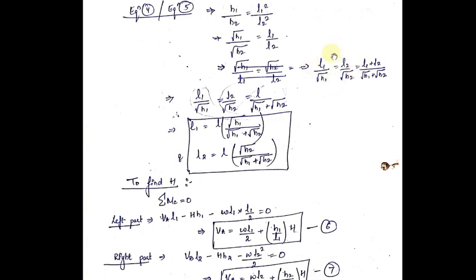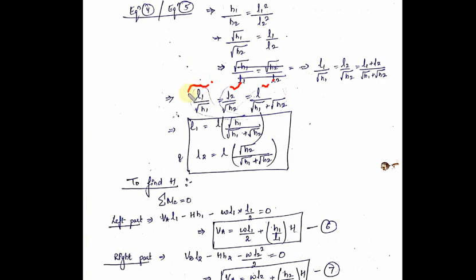So these two ratios are for two points. And if I want to apply these equations for the whole arch, I will get this equation. So I can also write these ratios equal to L1 plus L2 divided by under root h1 plus under root h2. So now we have got these three equations: L1 upon under root h1, L2 upon under root h2, and L upon under root h1 plus under root h2. L1 plus L2 is your L, so I can write L1 plus L2 as L.